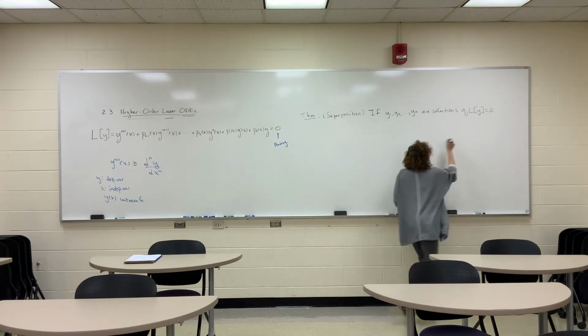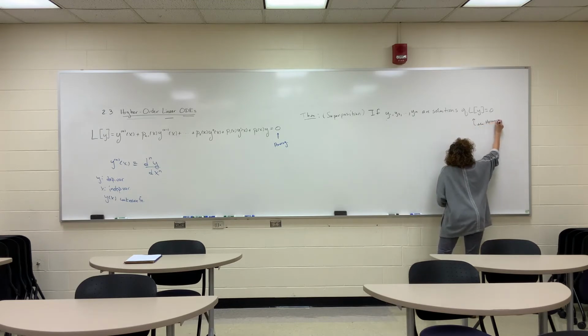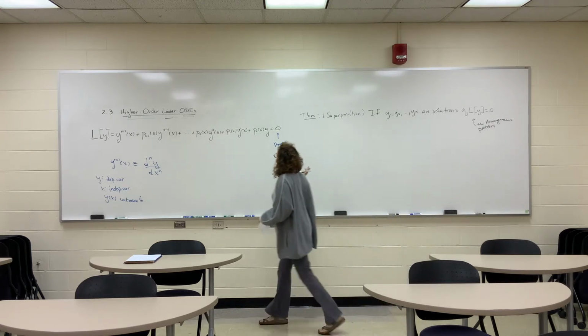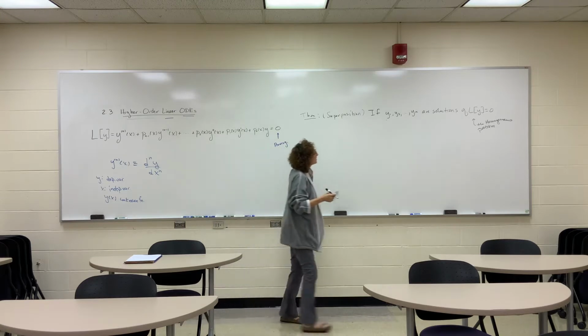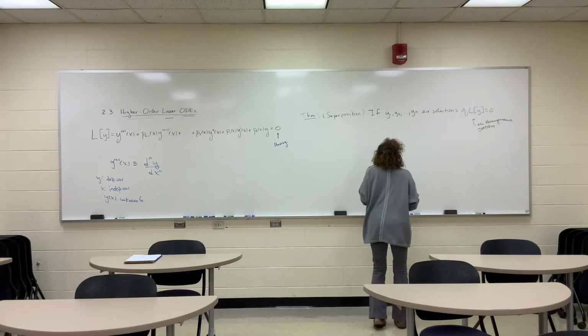we also call this the homogeneous problem. The homogeneous problem, right? Because it's L of y equals 0, right? Everything involving a y is on the left-hand side. What are we setting it equal to? 0, homogeneous, right? So the homogeneous problem, then